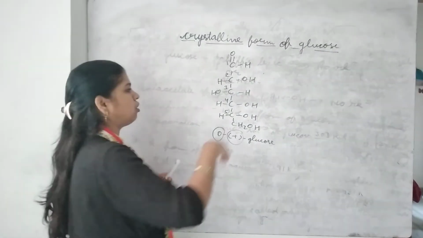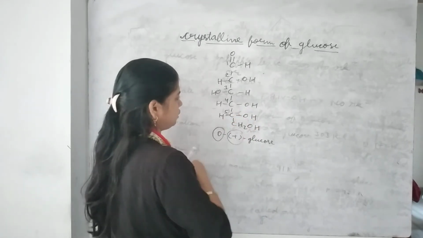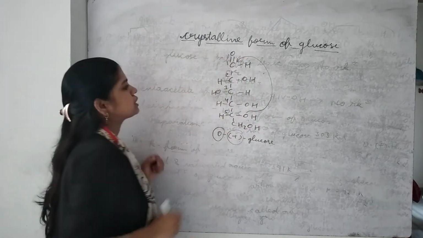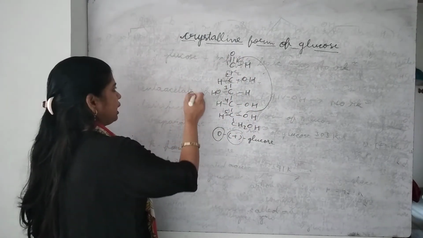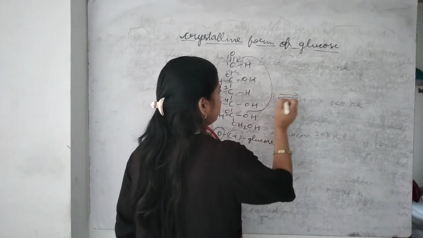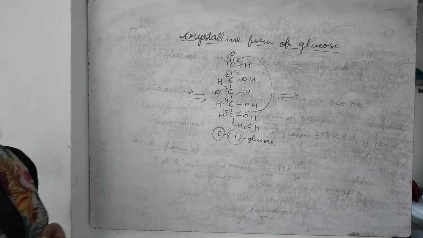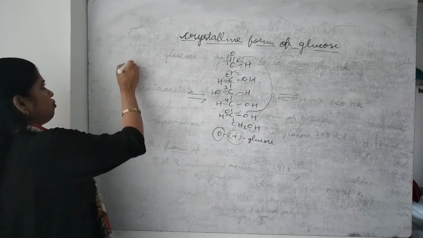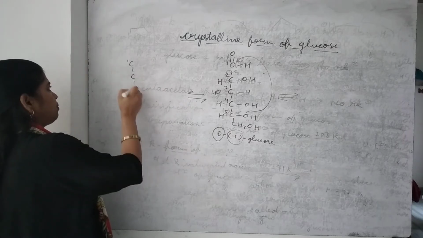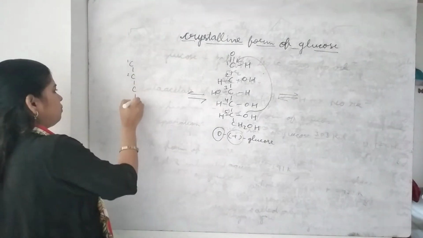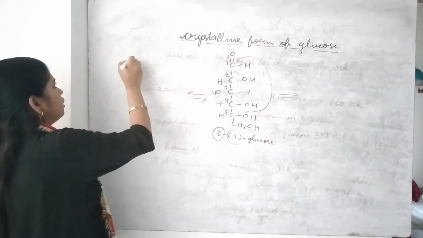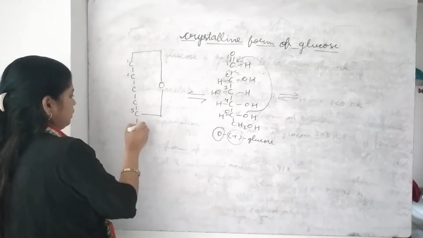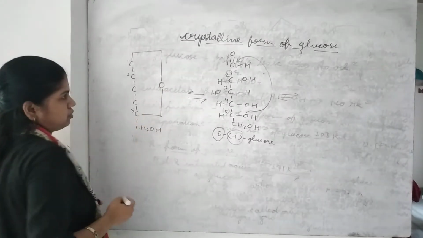Now here bonding occurs between the oxygen of the fifth carbon atom and the first carbon atom. So we get its equilibrium form, that is the alpha form and beta form. There are two isomers of D plus glucose. So first one, this is the first carbon atom, second one, third, fourth, and this is the fifth one. Now here it is bonded to oxygen and this is the last CH2OH.